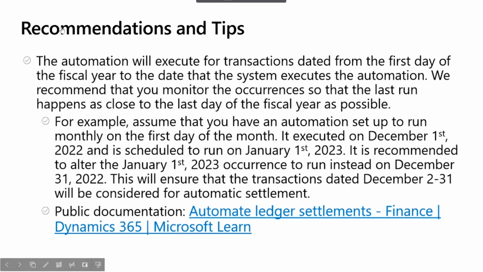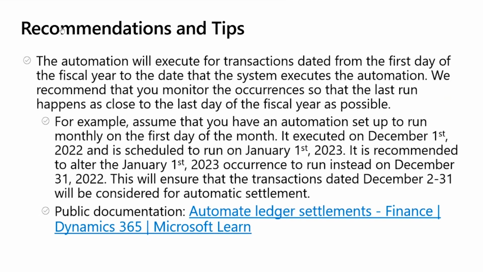All right, let me just wrap this topic up real quick with a recommendation and tip for the automation. If you recall, when the automation runs, it runs from the first day of the fiscal year to the current date that it's executing. So again, in our example, it ran everything January up to December 6th. One of the things that we want you to remember is to think about running this on the last day